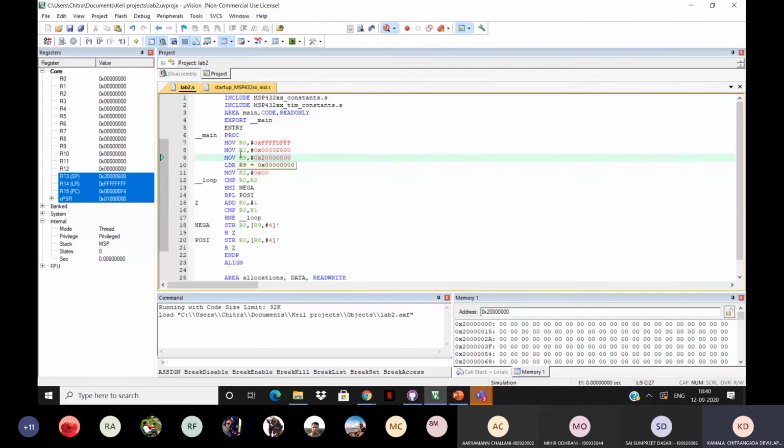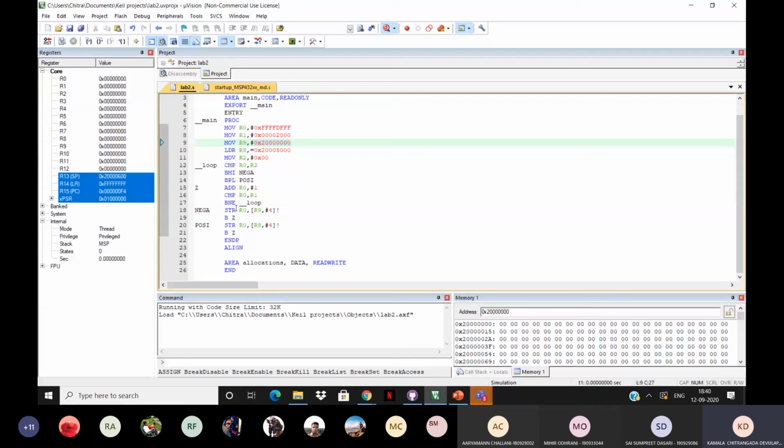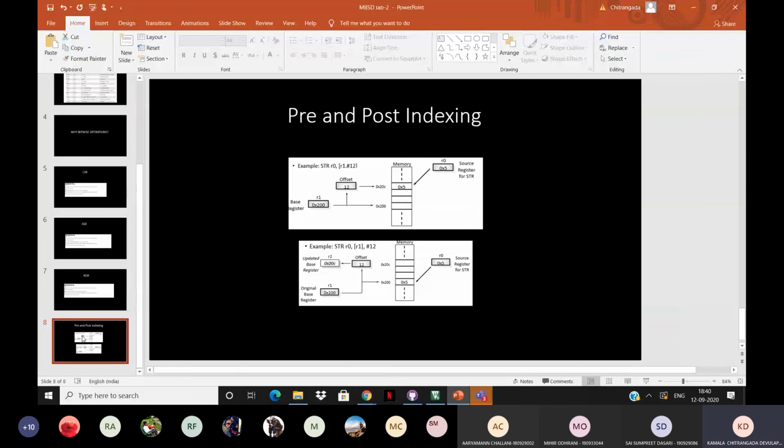So as you can see, like I told you, I'll come back to the pre and post memory indexing part here, right? So my STR command, this is where I'm using it. And yeah, this is what I told you guys. I'll explain in the code. So I'll just run this and show.